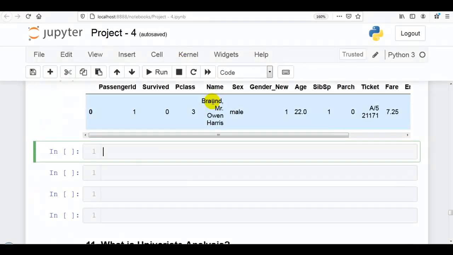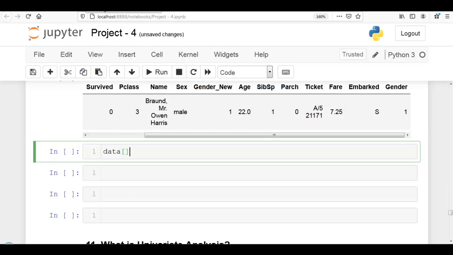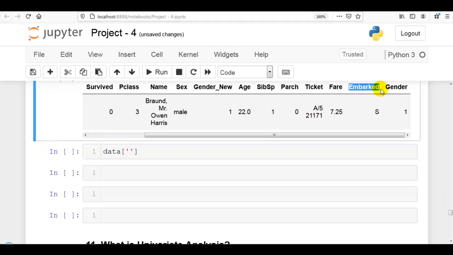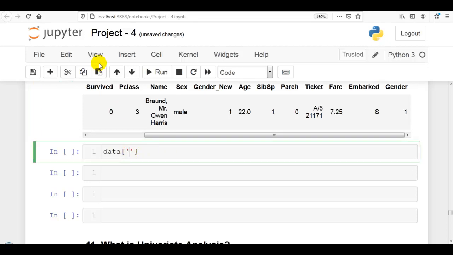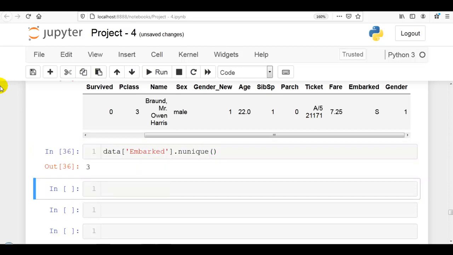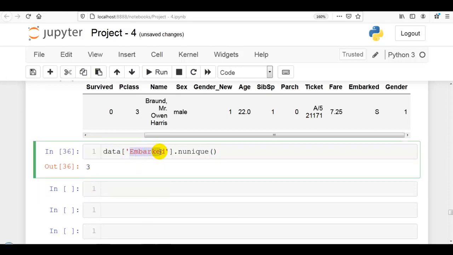For that, we write data, pointing to our original data frame, with the column in bracket notation, and use the nunique method. As you can see, the embark column has three categories. If you want to display the names of the categories, we have to use unique.